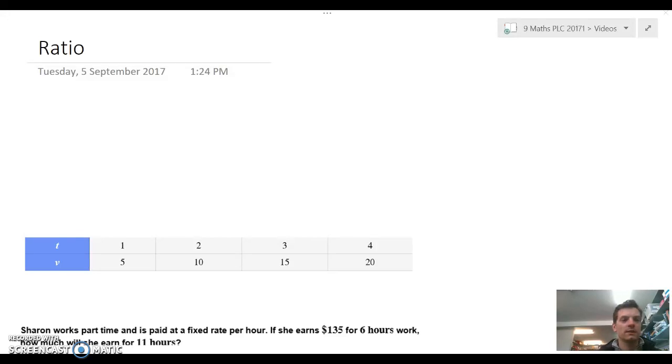Okay, in today's lesson we're going to be looking at ratio and tying in some of the things we've been looking at previously in regards to direct proportion. So the first thing we should realise, or we should remember, is that